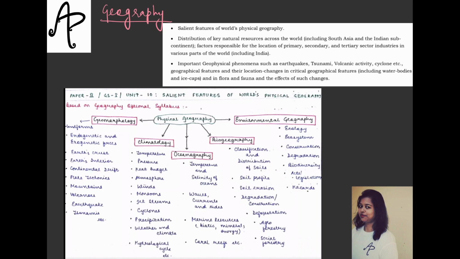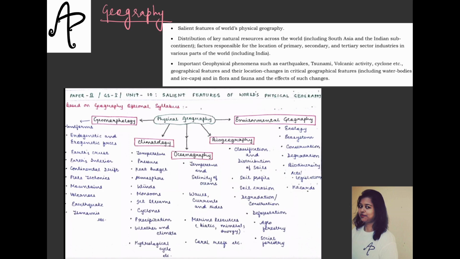So it is your environmental geography. These are also given in your class 11 Fundamentals of Physical Geography NCERT book. ज्योग्राफी की ही NCERT के लास्ट 2 चैप्टर्स में भी इन्वायरमेंट वाला टॉपिक दिया हुआ है. So it talks about the concepts like ecology, ecosystem, conservation, degradation, biodiversity, the acts and the legislations, hazards related to